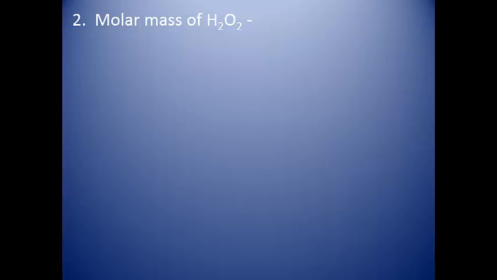Let's do another one. This time we're going to be doing hydrogen peroxide, H2O2, and we have hydrogen and oxygen. Hydrogen, we have 2 of those, and a mass for hydrogen of 1.0. We also have 2 oxygens, and they each have a mass of 16.0. So again, we're going to be multiplying the number of atoms times the mass of that atom. So 2.0 for hydrogen. 2 times 16 gives us 32 for